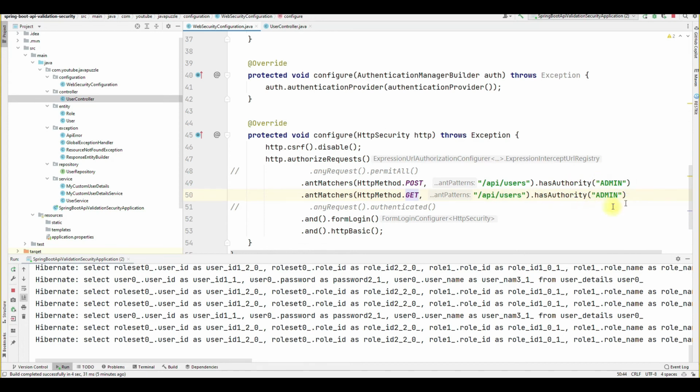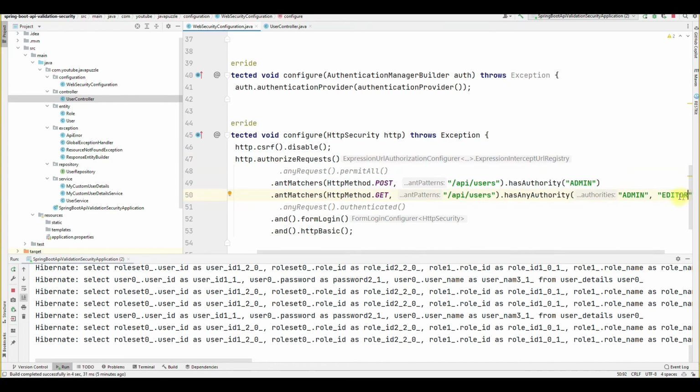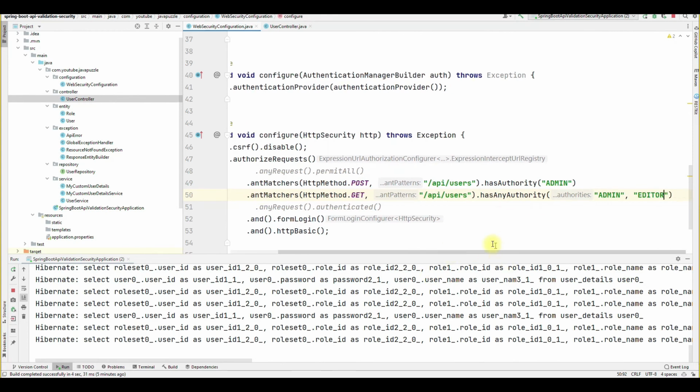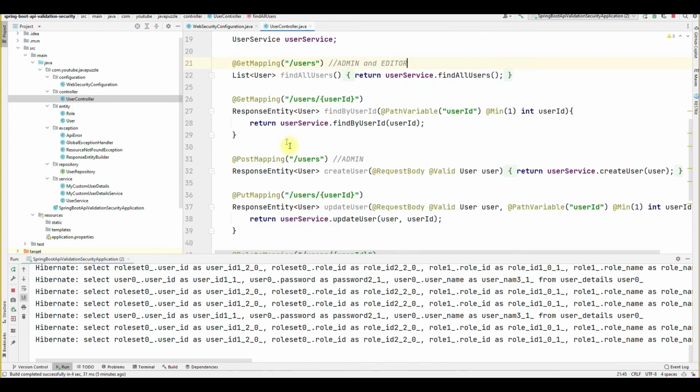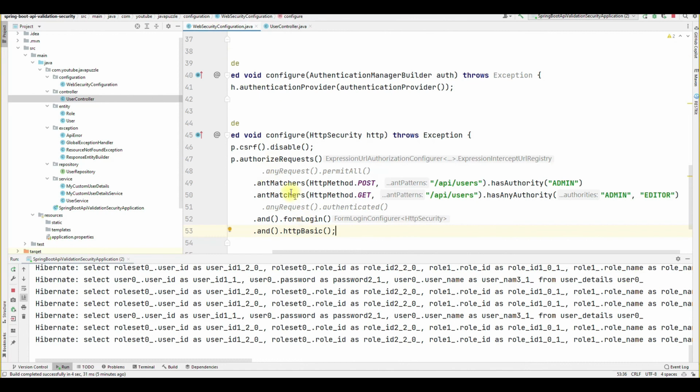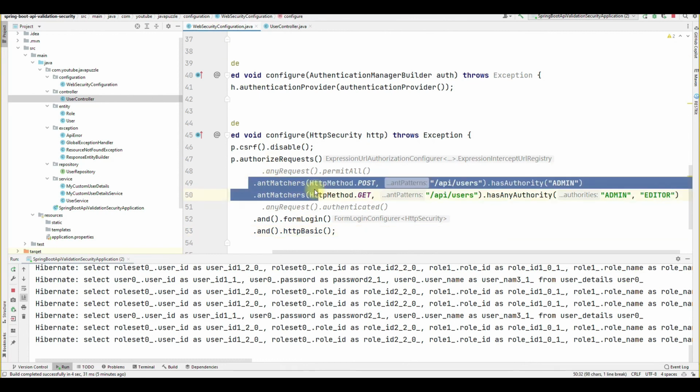Admin and editor. So for this we'll just use hasAnyRole, and inside it we have to provide editor. Like that you can implement this functionality.